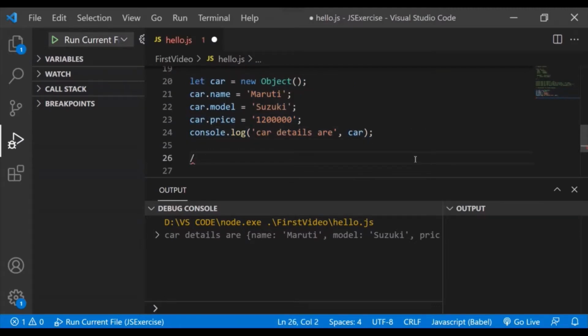So we have Object.create, where we can create an object with the help of an existing object. Okay, so we will write a comment using Object.create.